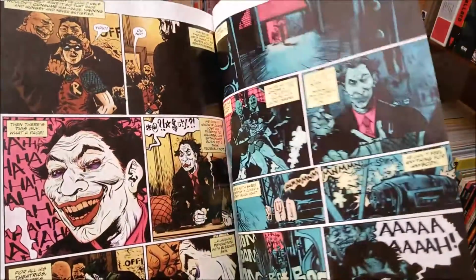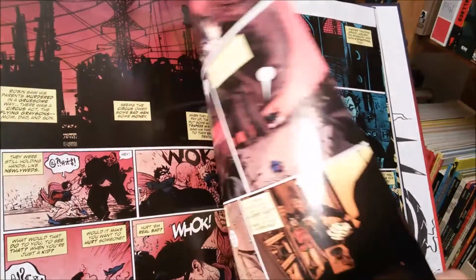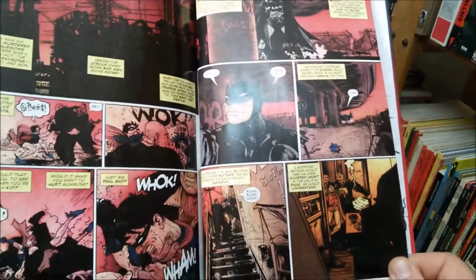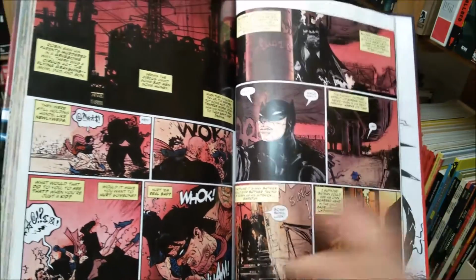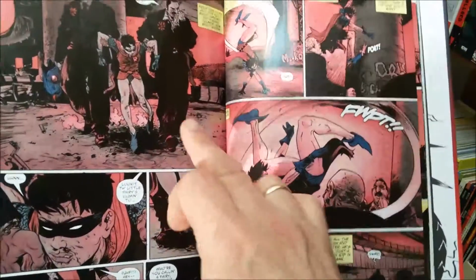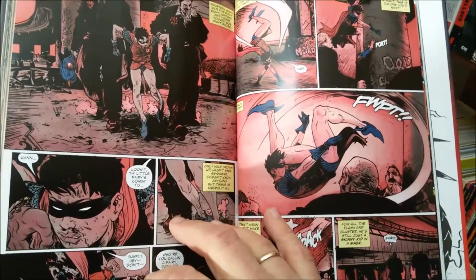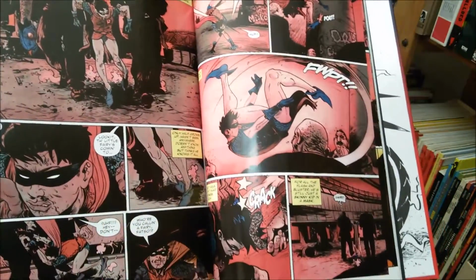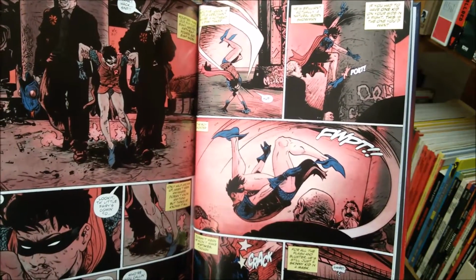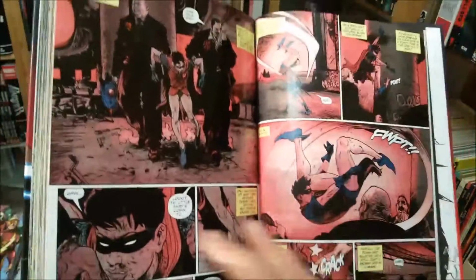Oh, the 100,000th time we have a bit of retelling the origin of Robin, but done in a Paul Pope way, and the way he draws Robin, who was caught by these two goons here from Joker, and the way he tries to break free from them and doesn't excel too much in this regard. It's quite funny, and